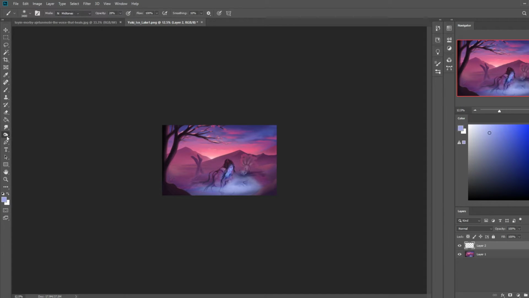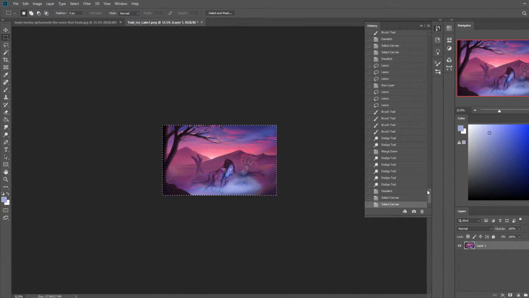Just something like that, just to help the feeling like this is a light source in its own right. Trying not to overdo it in the main part of the spring, just like that. And that kind of lowered the frame of the painting a little bit, but that's okay. I'd rather that because it's pretty much occupying the lower half of the canvas a little too much. It's not that the character needs to be repositioned in the canvas, it's that the entire camera needs to be repositioned, which is a little too much work right now for this piece.